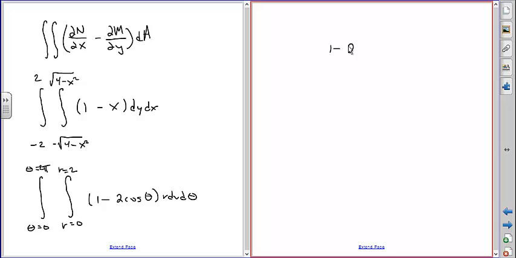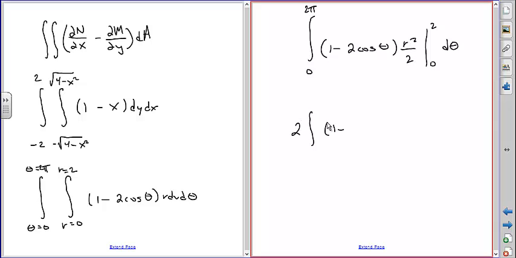So this 1 minus 2 cosine theta is just a constant. If you integrate r dr, you get r squared over 2. We evaluate that between r equals 0 and r equals 2. We've got the integral from theta equals 0 to theta equals 2 pi, and we got a d theta on the end here. So if you plug 2 in there, you'll get 4 over 2. So you get 2 times